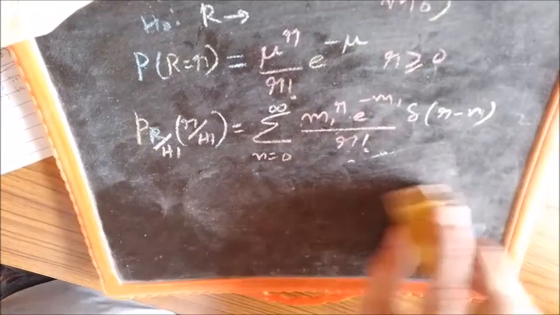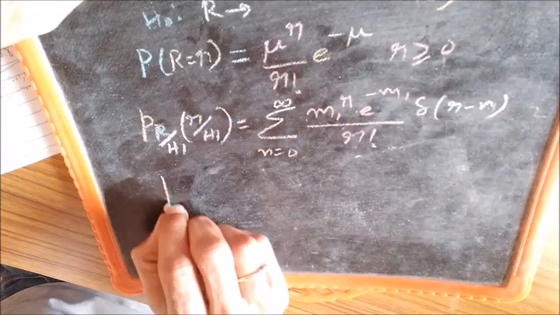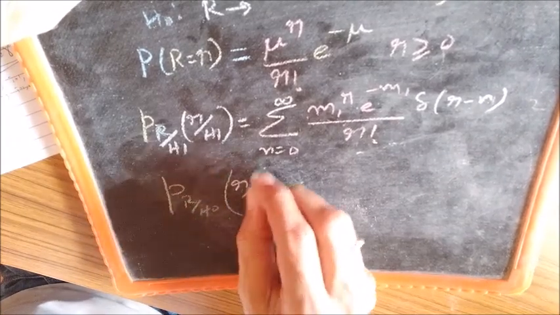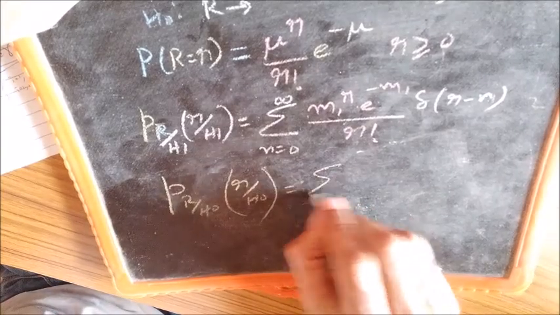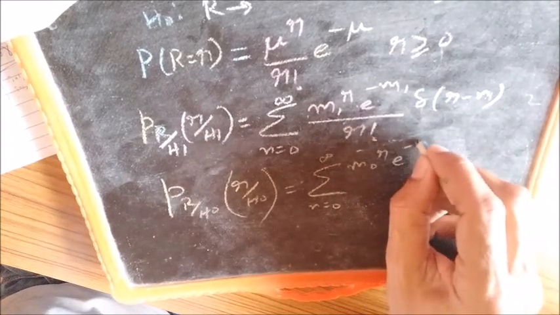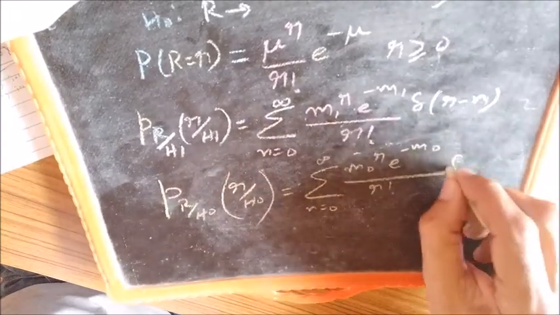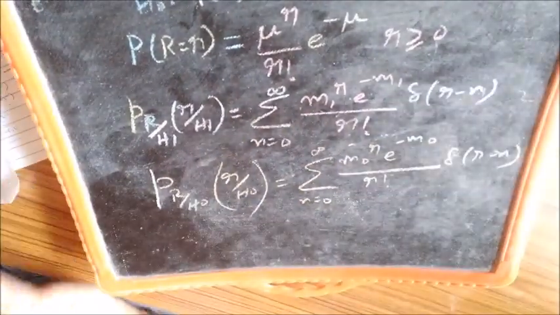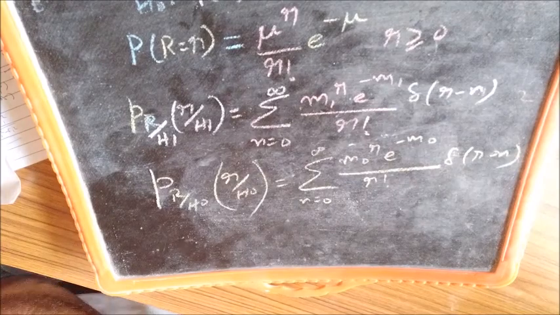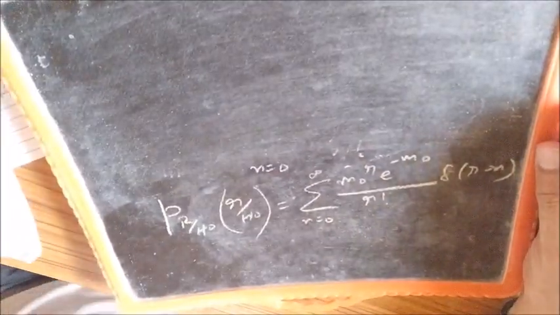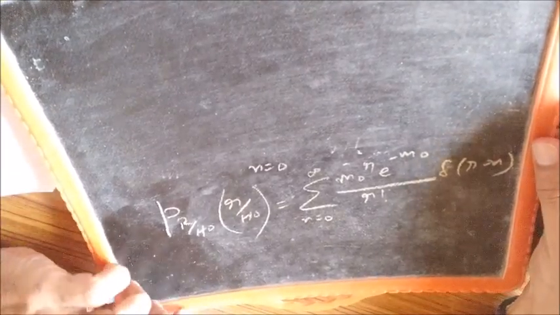Now similarly we can write PR H naught. PR H naught will be the same, the only change is in the mean. This is PR H naught. And having obtained these two density functions, we can find out the likelihood ratio, and that will be a ratio of these two density functions